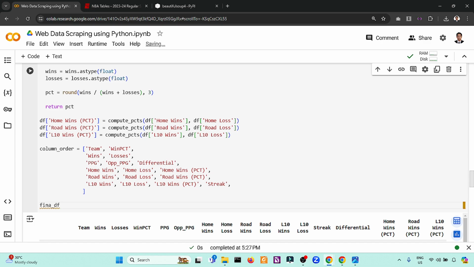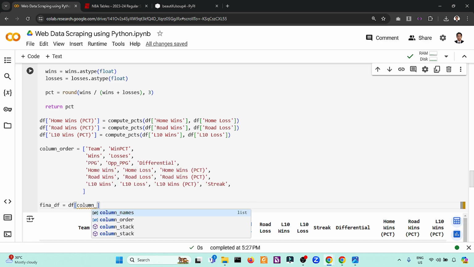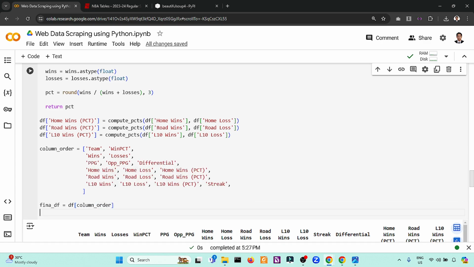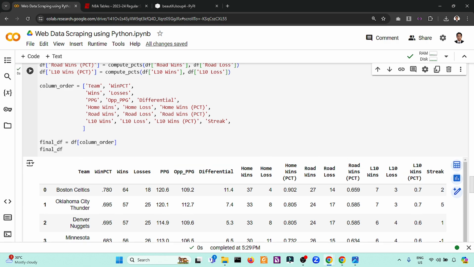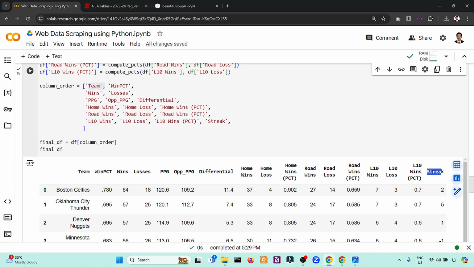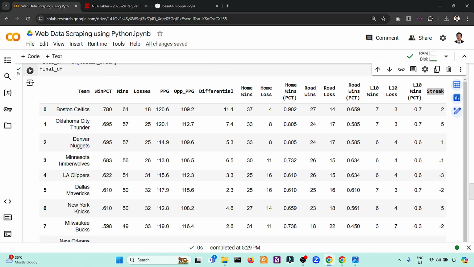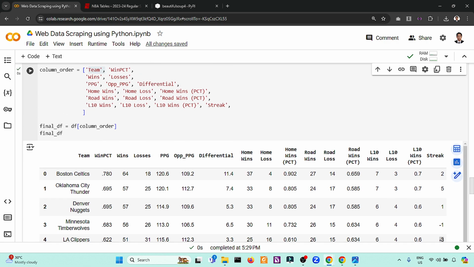And our final data frame is equivalent to our data frame for the column order. So we'll just arrange: team, wins, losses, up to the winning streak if positive and losing streak if negative. So that will be the final DF.